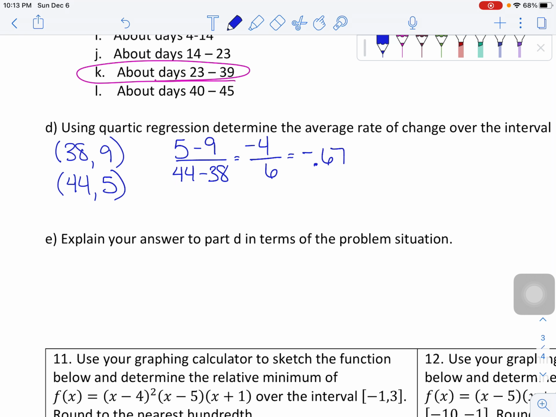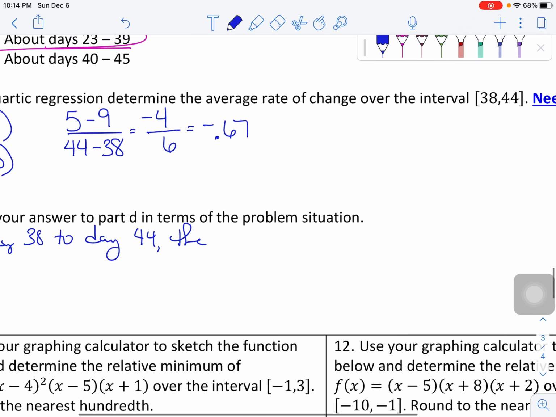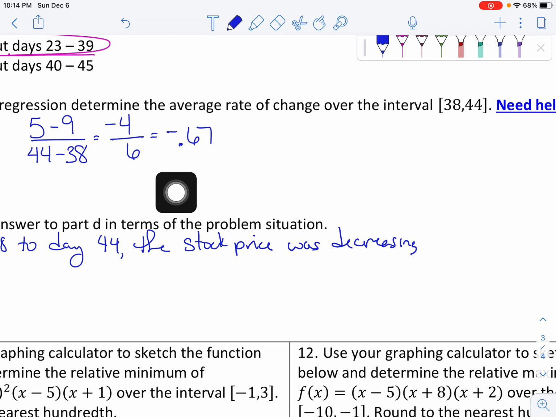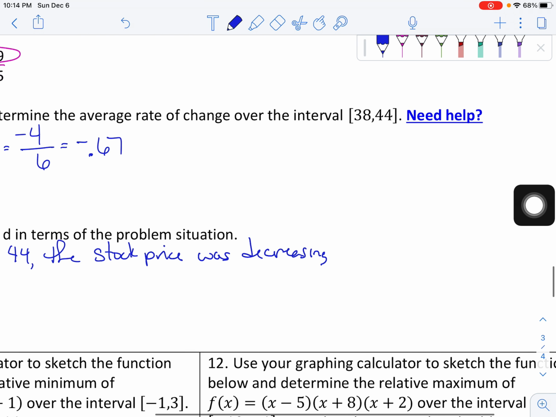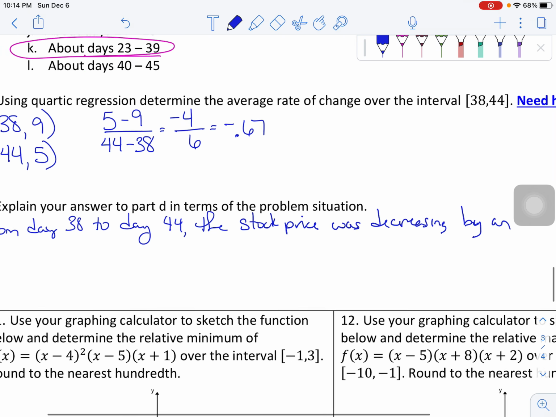All right. Explain your answer to part D in terms of the problem situation. So the first thing I start with is the interval. So from day 38 to day 44, I believe it was the price of the stock. Let me double check. Stock price. Yep. Okay. The stock price was decreasing. And I know it's decreasing because this average rate of change is negative. Okay. It was decreasing